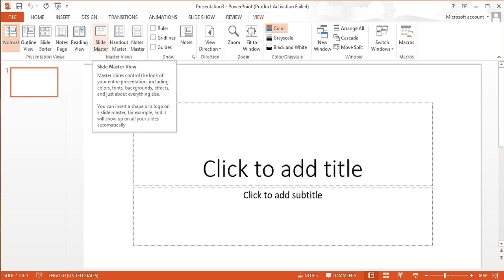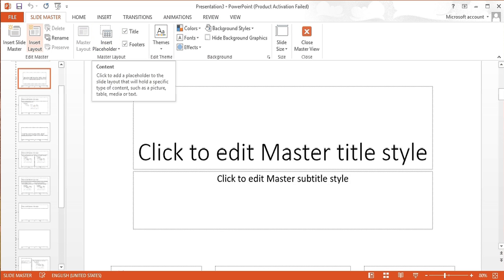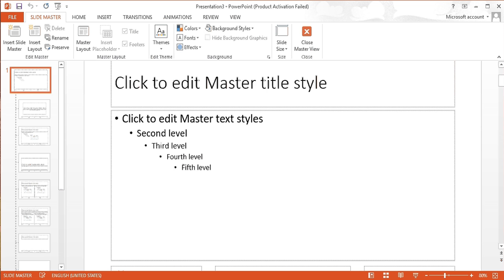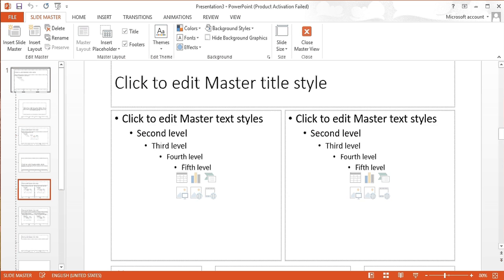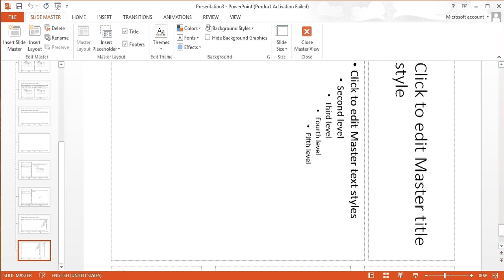So we create a presentation, then go to Slide Master, just click on this and you can see a number of slides on the screen. This is our Slide Master, and these are the different slide layouts created on the screen.